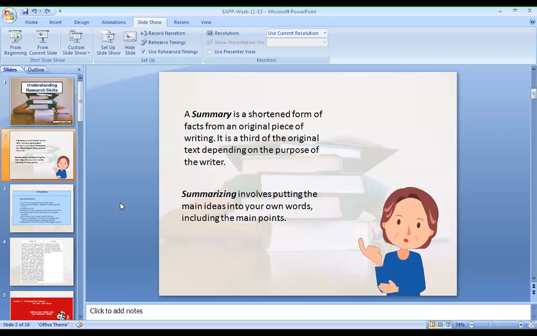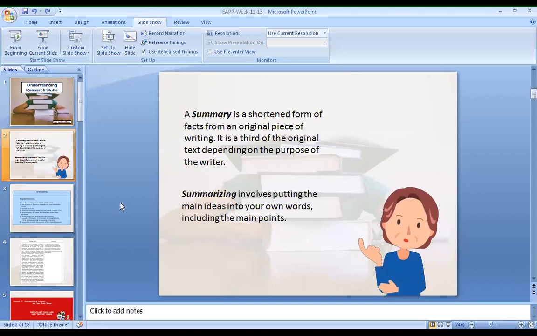It means not copying the exact words, but formulating your own words. Summarizing involves putting the main ideas into your own words, including the main point. That is the purpose of summarizing: getting the main points of the original paper or research.